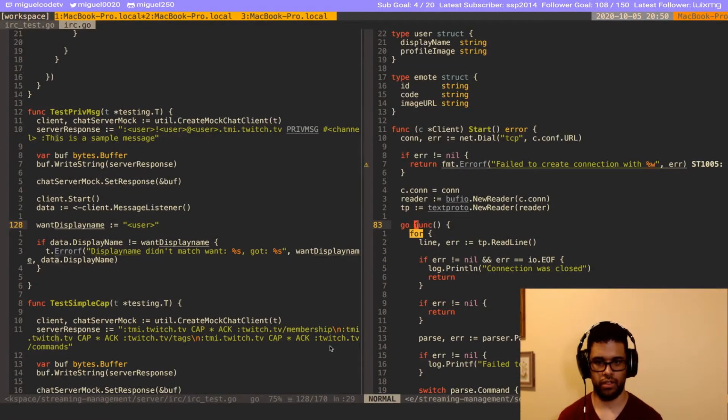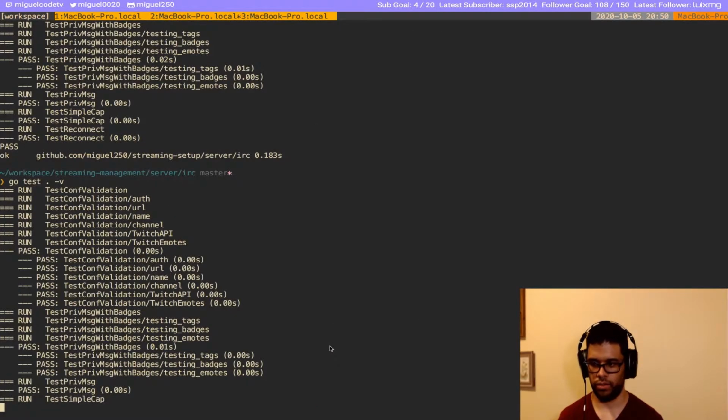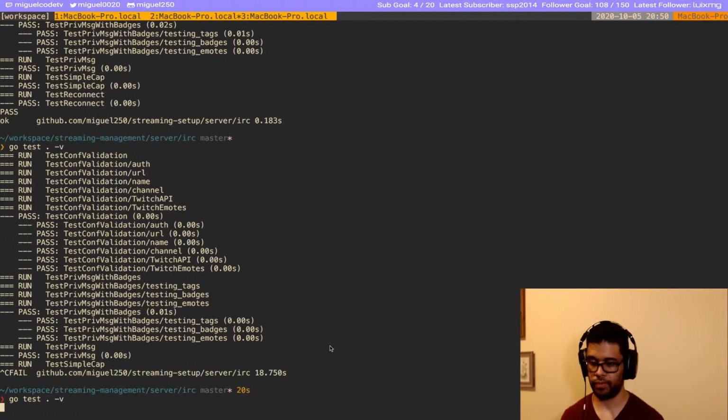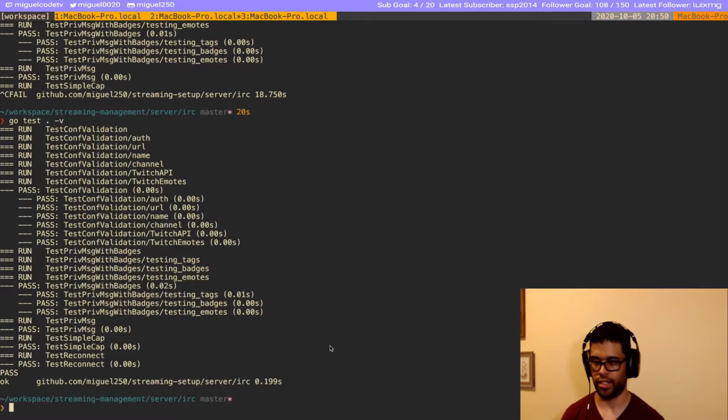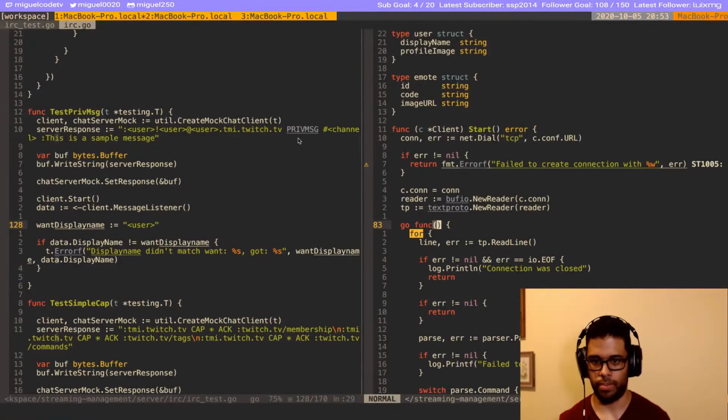I wonder what's going on here. Oh, it's waiting for messages, and that's kind of the issue that's happening. It's not getting any messages. Cool. So we need to figure out why this part breaks.